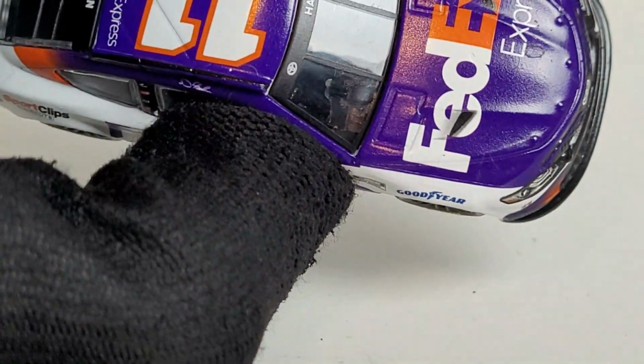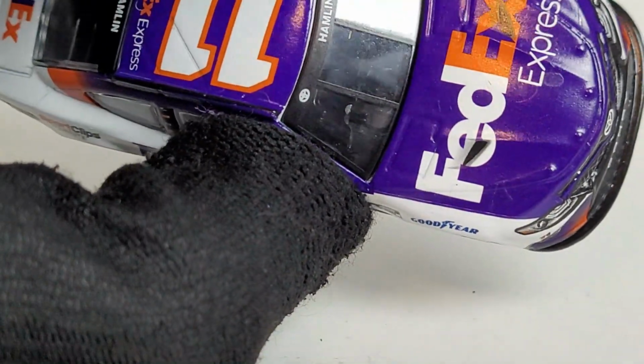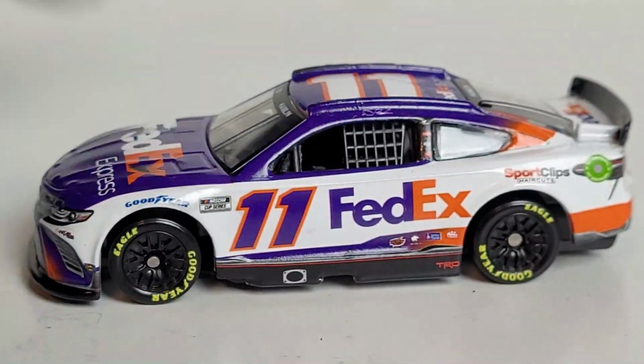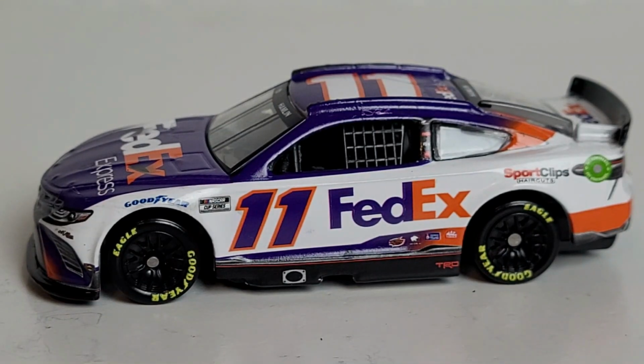Look at that. Look at that arch. Look at that little sucker sticking out like a sore thumb. Like, whoop. Yep, that's Lionel quality control at its finest. All right, but we are already like 6 minutes into the review, so I'm going to show you guys